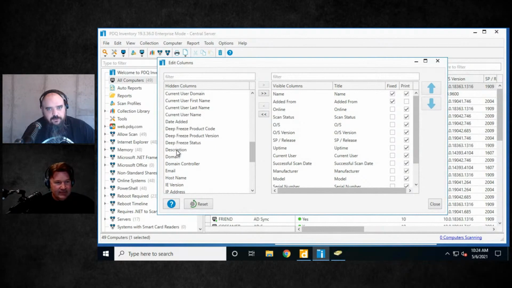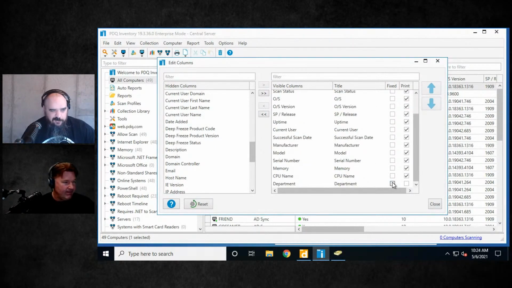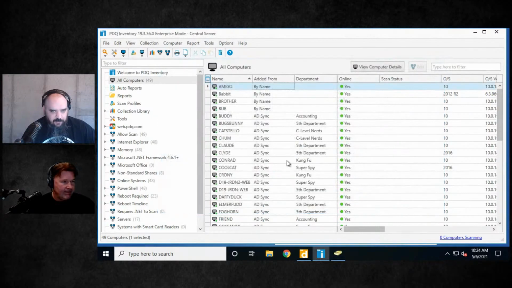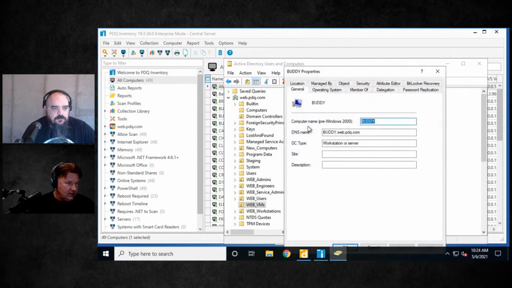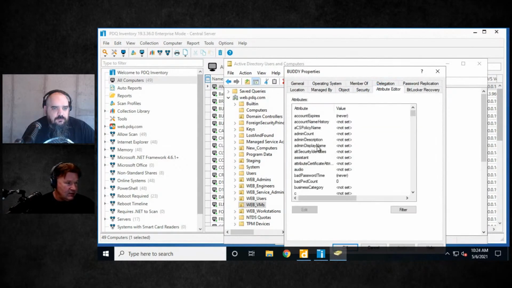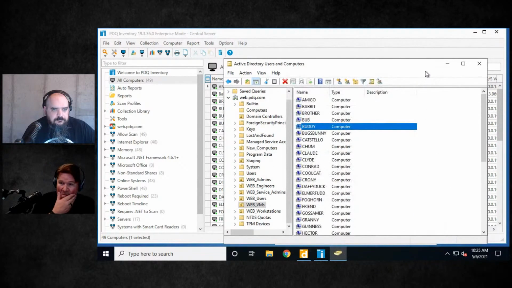When you do a Get-ADComputer, it doesn't grab that property automatically. So you have to put -Properties and specify department to be able to find that when you pull in AD. So let's look at Buddy, because apparently I grabbed one that didn't populate. There it is, accounting. So yeah, pulled it from AD.